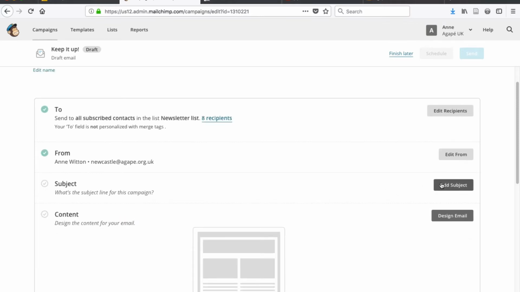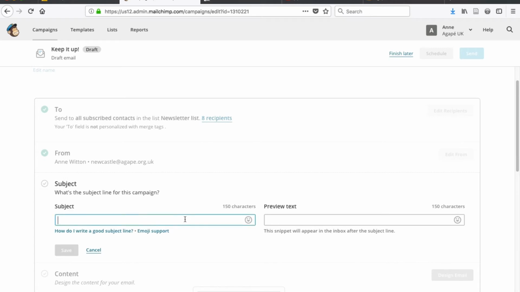Then you get to choose a subject for your email, so I might call it, I don't know, Easter news from Newcastle or something. I'll probably think of something more fun than that, and put in some preview text that appears in the inbox just after the subject line. So it's just a little introduction to what the email's about. So it might be, you know, exciting events and a new resource or something. This is just making this up, but